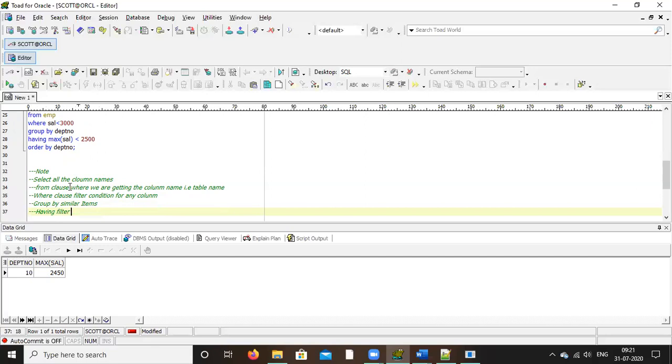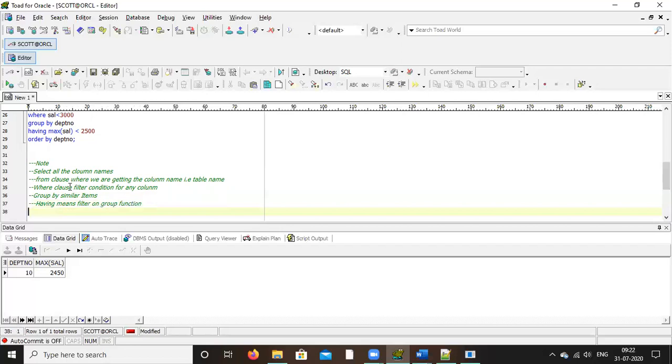Having means filter after grouping, and always you have to use group functions here. Next is order by, which means sorting.